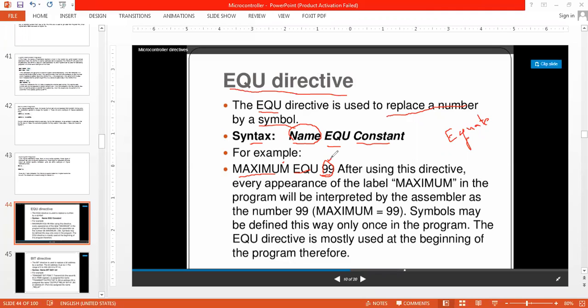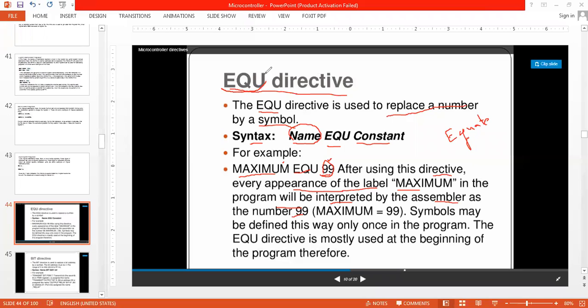Okay, so after using this directive, as it is written here, every appearance of the label maximum in the program is going to be interpreted by the assembler as the number 99. So the directive is basically telling the assembler what the data actually is, whether it is a constant number or a symbol, and how it is going to be treated.